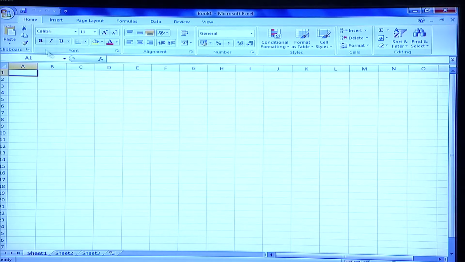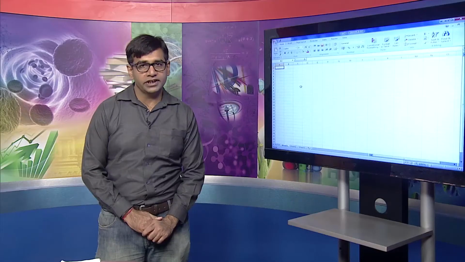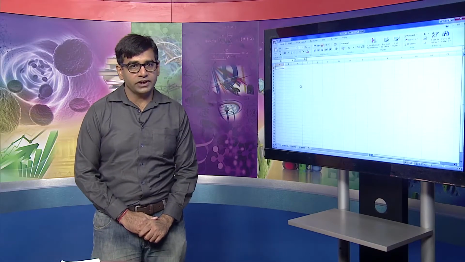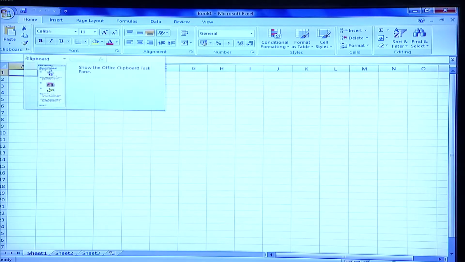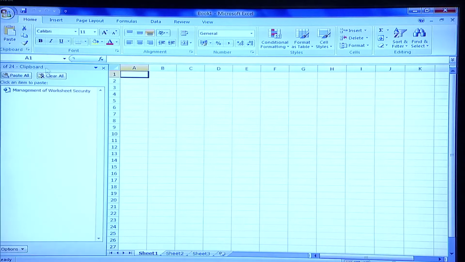In this worksheet, one important aspect is to understand how important clipboard management is. On the clipboard, you have this small dialog box. If you click on that, the clipboard will be handy.